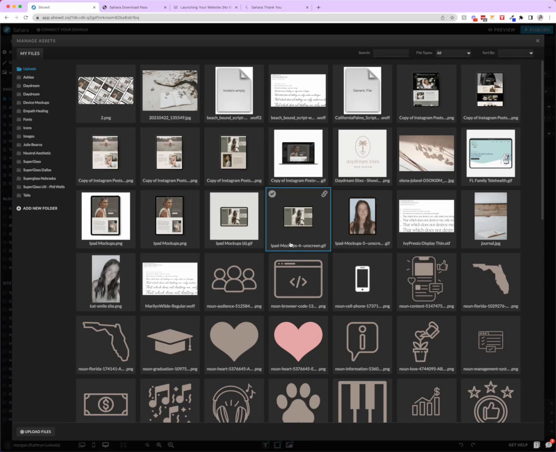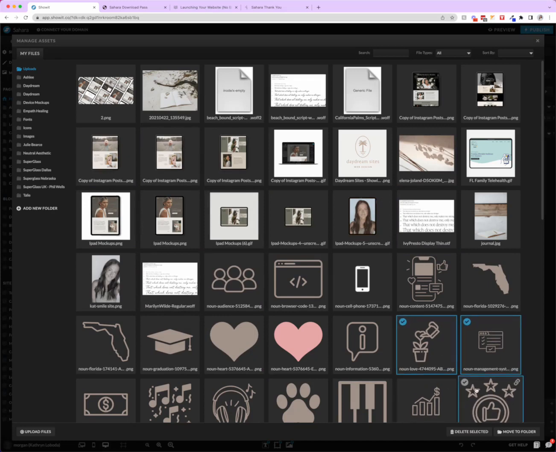files to put in all of your photos, your brand elements, and your fonts, and then you can choose to organize them in folders. The way that you do this is just select the ones that you want. For example, if we selected these, I can hold down Command to select multiple, and then you can either move them to the folder, you can delete them, you can add a folder to organize your content, whatever works